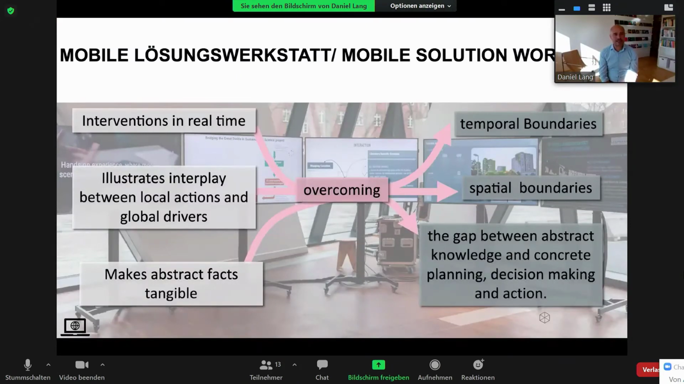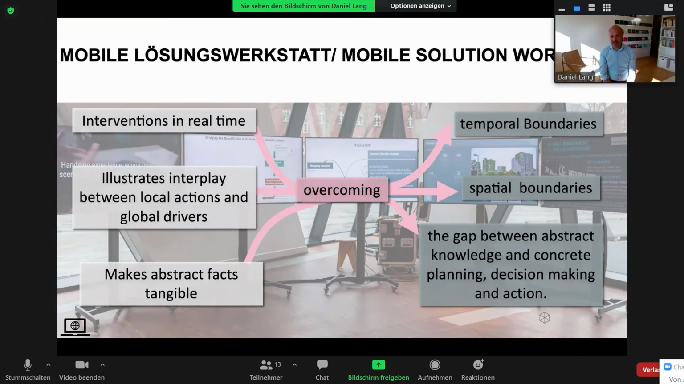So here are some key ideas. It is about interventions in real time, and also getting feedback. What do these interventions mean? Illustrate the interplay between local actions, global drivers, and global impacts, and make abstract facts tangible, to overcome spatial boundaries, temporal boundaries, and the gap between abstract knowledge and concrete planning. And for us, it's always important that this should happen in both ways. On the one hand, it should inform decision making on the ground, but on the other hand, it should also help researchers to generalize and get insights. Well, what are parameters in decision making? How do different parameters in models need to be adapted, so that it also feeds back into